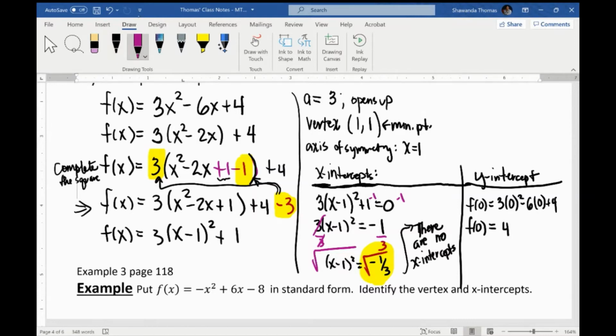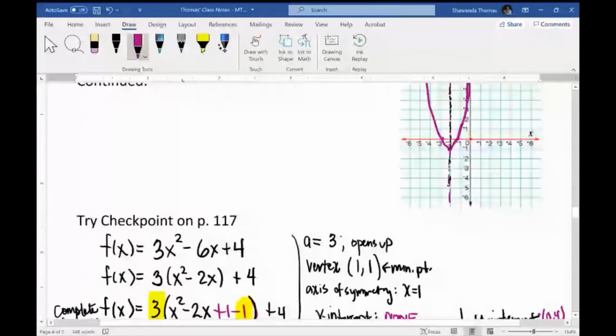If I had to write it as a point, what is it? 0, 4. Yep. We have no x-intercepts, but we have a y-intercept, which is 0, 4. All right, I'm going to graph this on this same little